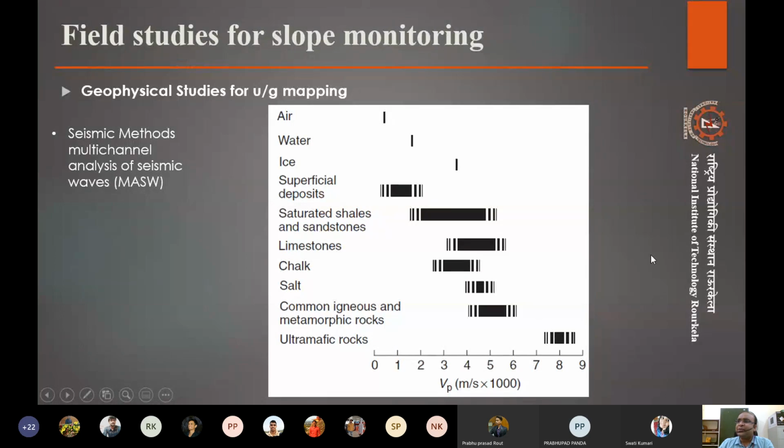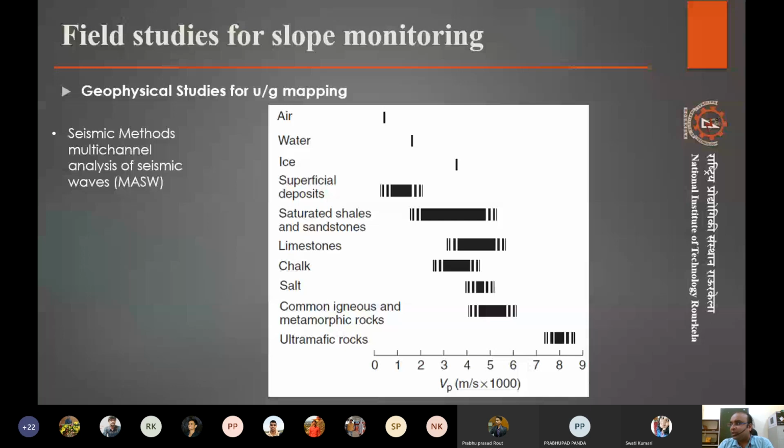So based on some known values as well as some known alternate survey methods, we can quite easily predict what kind of material is present inside. What are its advantages? A big positive is we can actually do repeated surveys, repeated analysis of the ground, to know what the change in time is.